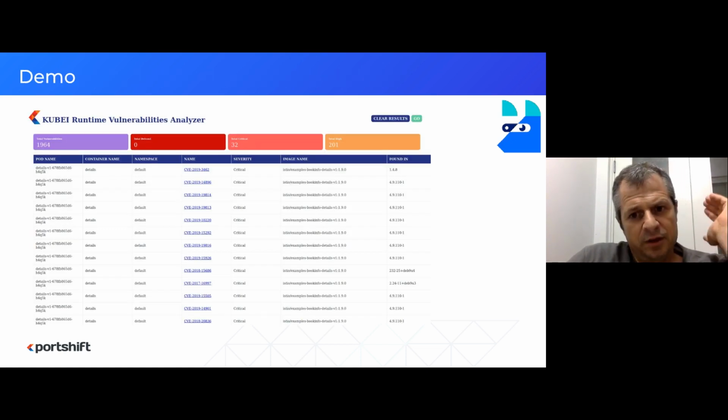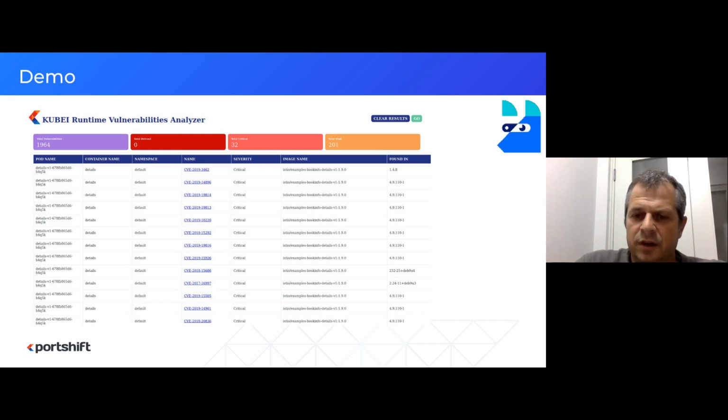Okay, so it's something that you can deploy in your clusters. It will give you an immediate snapshot of what elements you have in the cluster which are vulnerable, whether they are worker nodes, application pods, or just your kube-system, and your Kubernetes environment could be vulnerable. You can see an example over here.